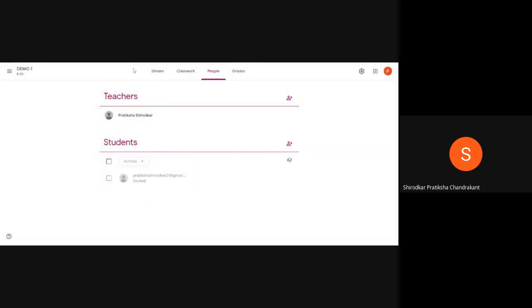Okay, now I'm just going to my mail. That screen you won't be able to see. What I'll do is I'll just join the class by clicking on the link which is sent by mail. Okay, so I've clicked on join. Now I'm coming back to the screen which is being shared. Then after some time you'll see that this name which is given here will be highlighted. It will be active. The moment I join the class, it will be active.